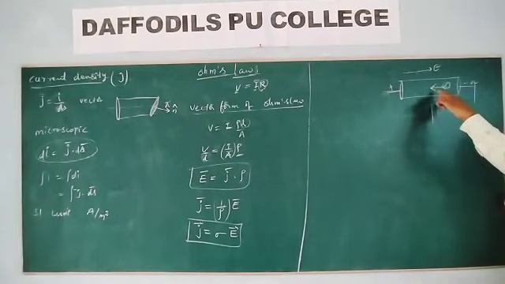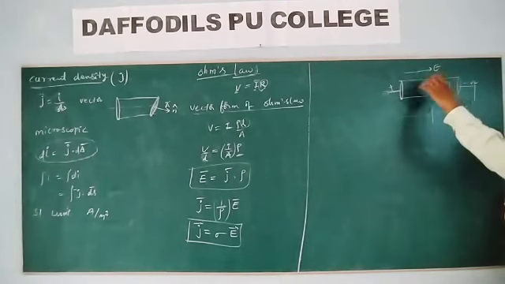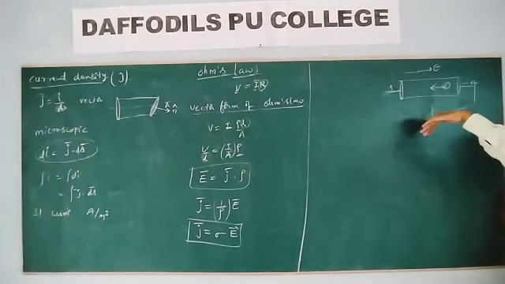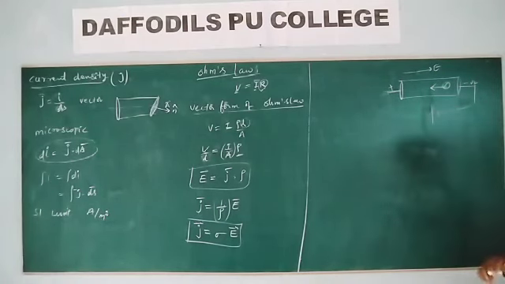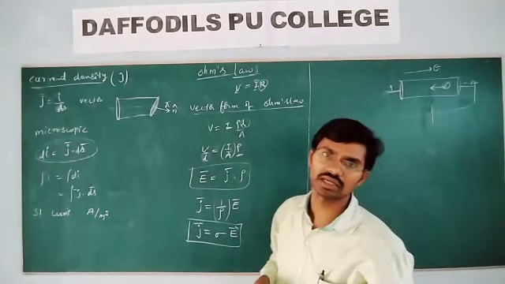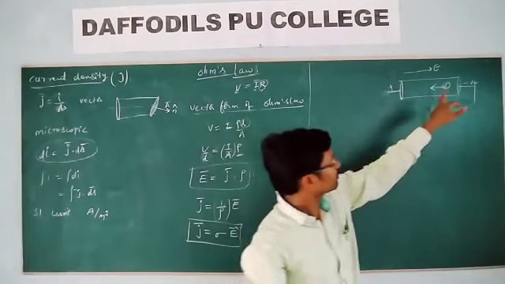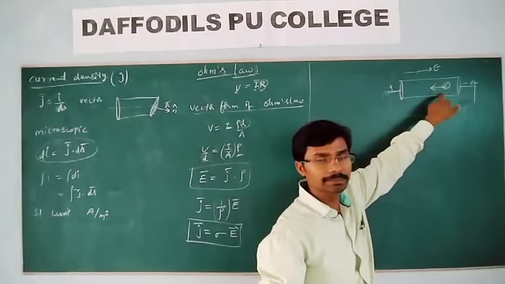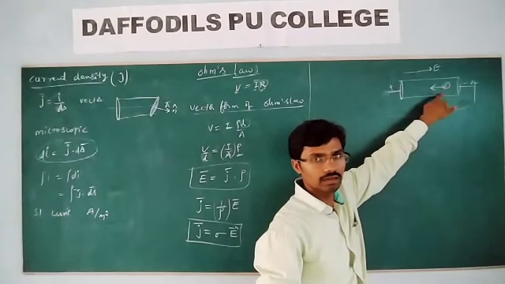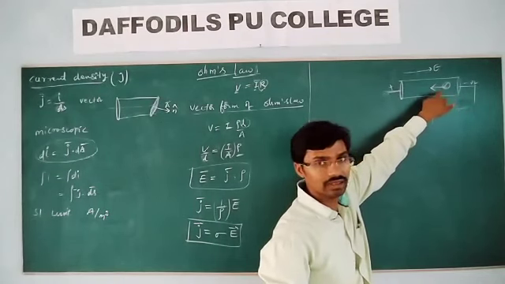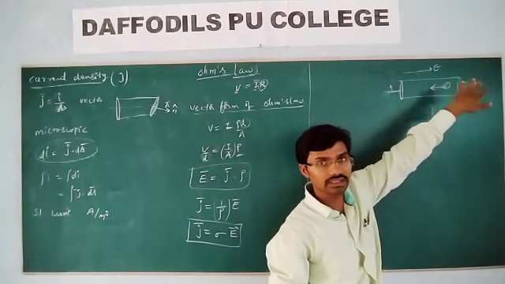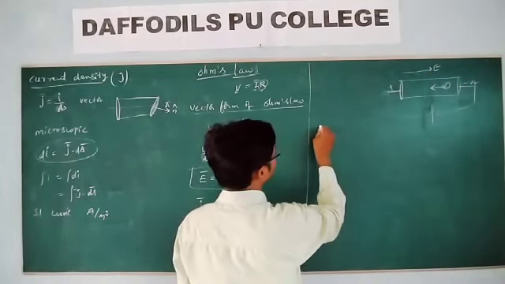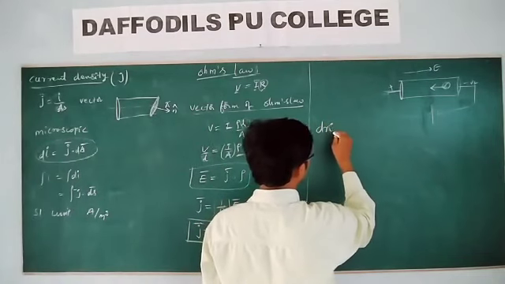Whatever the velocity of the electron in the presence of the electric field, let us take it as V. When you take all the electrons, the average velocity gained by the electrons in the presence of the electric field, opposite to the direction of the electric field, is called drift speed or drift velocity.